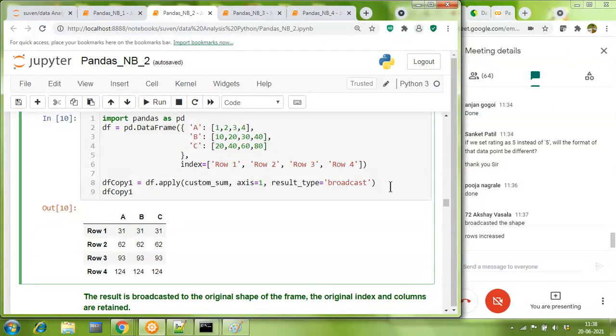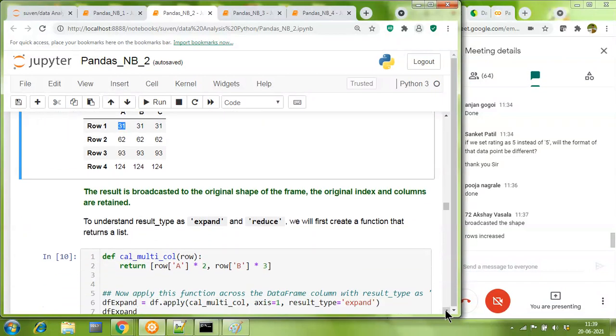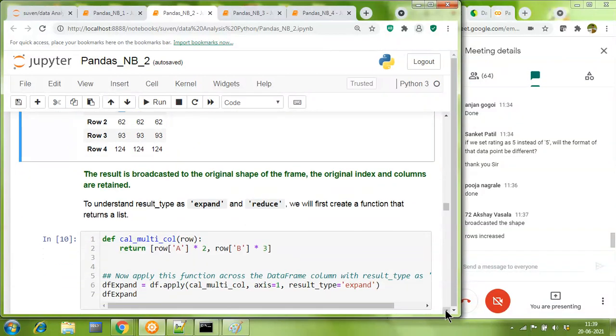Right. So friends, in short, when you give the result type equal to broadcast, the answer you get is getting substituted in every positional value. So in every position, you are substituting the value. As simple as that, right? So I hope this is getting simple and clear to all. Now, a question comes to your and my mind. But before I go into the question,